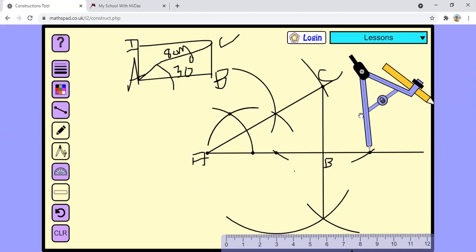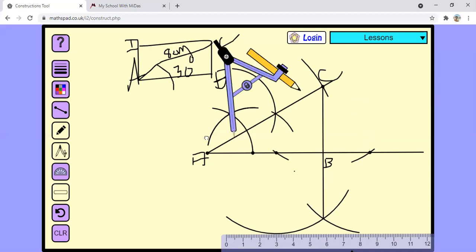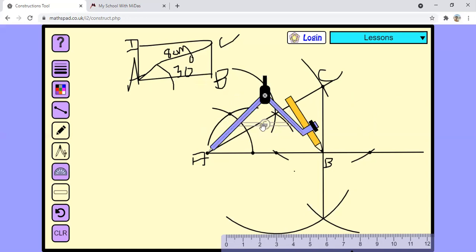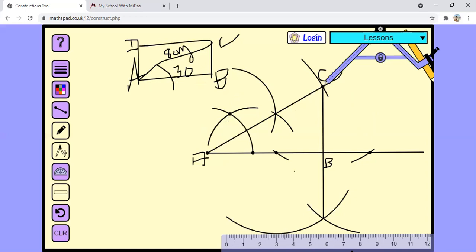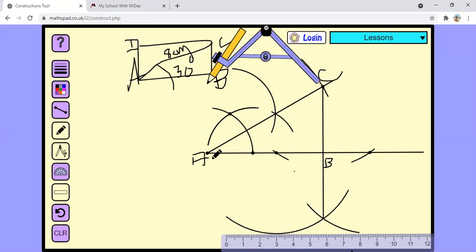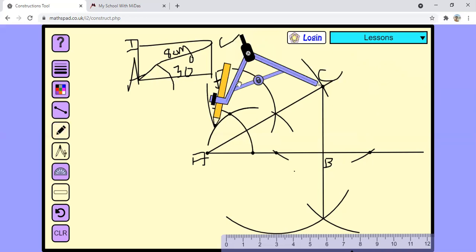Okay. Now only two steps left. Take the help of compass and measure this length from here to here, point B, because we know that opposite sides of the rectangle are equal. That's why we are measuring this length AB, and that same arc we are cutting from C to here. Now put the compass at the point C and move this side, because AB and this side from C are equal. That's why we are cutting this arc from this side.